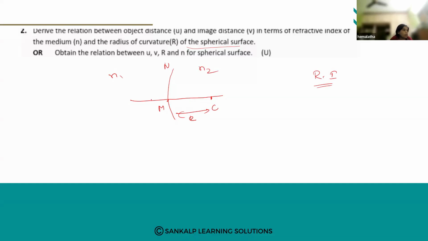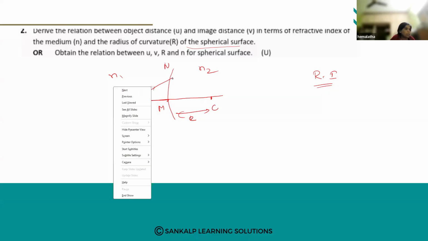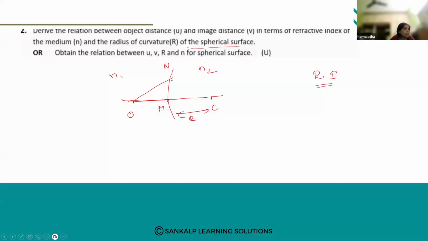Now, if it starts from the object, the refractive index is like this. Then what happens if it starts from the position O, some point O here, object is here? It will be incident like this, and then the refraction takes place here. Refraction takes place, bending of light takes place, and where it passes, it falls beyond C. Okay,